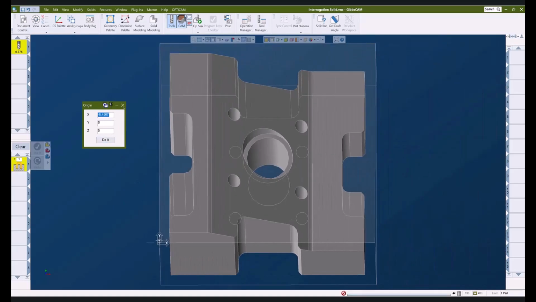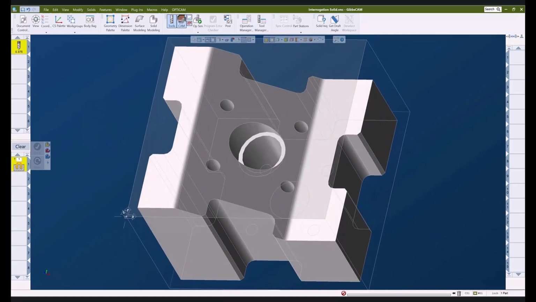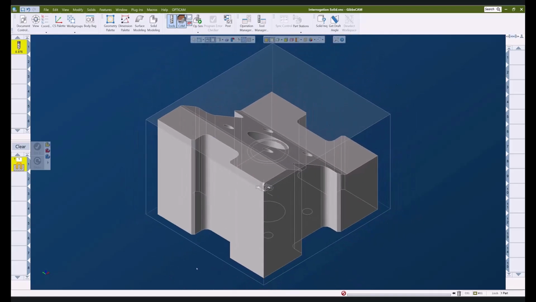We've looked at the two interrogation cursor modes and how to use them on geometry and solids, as well as using the new virtual points both for interrogation and dimensioning. If you would like to learn more about how using these tools can streamline the flow of your programming, or if you have any other GibbsCAM related